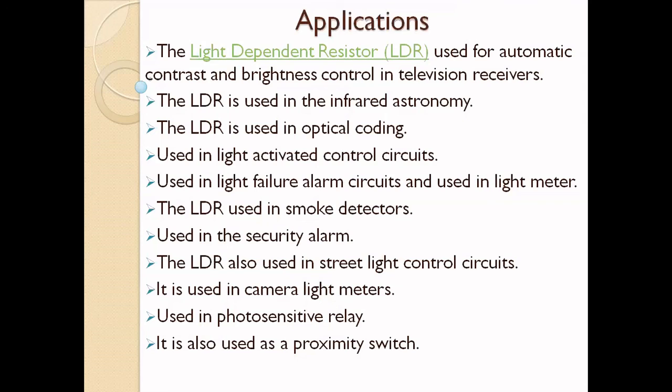Nowadays we are using automatic cameras. If you are taking a photo at night time, automatically it will sense the outside light level is less. The digital camera will send more light or more flash, so we will get a good quality photo. So these are some applications of LDR.